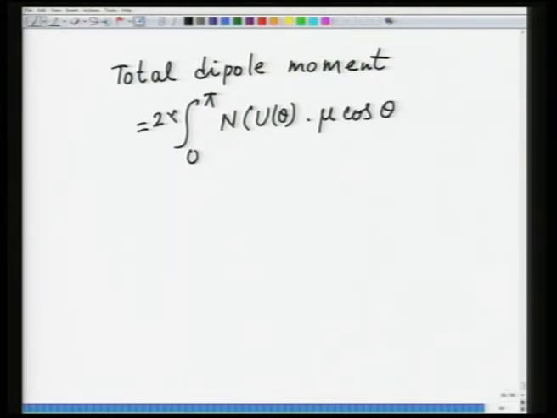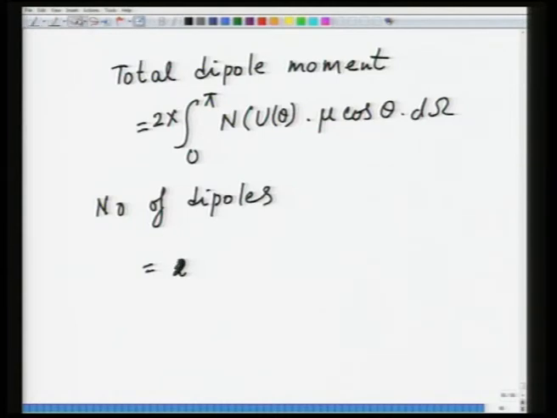This would be 2 into, because we are taking both sides, 2 into n(theta) mu cos theta d omega, and the number of dipoles